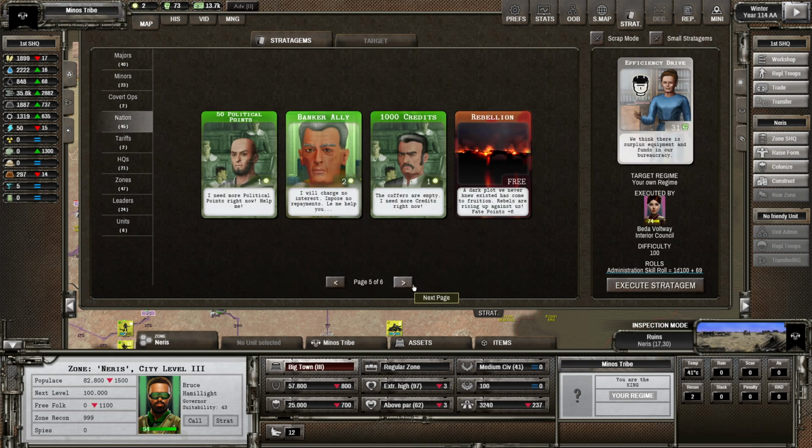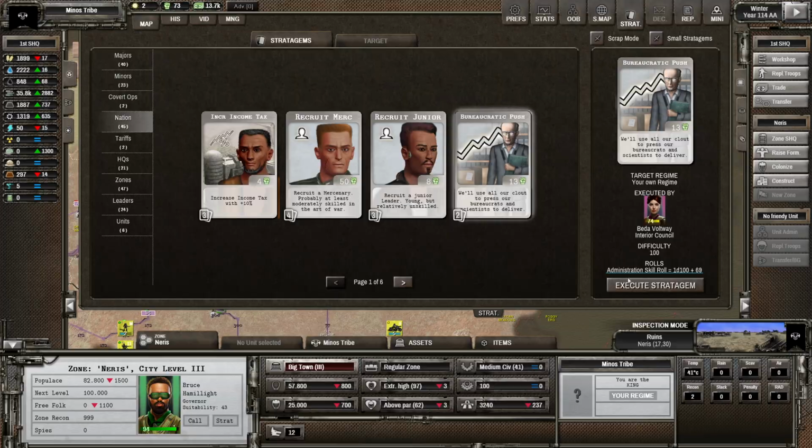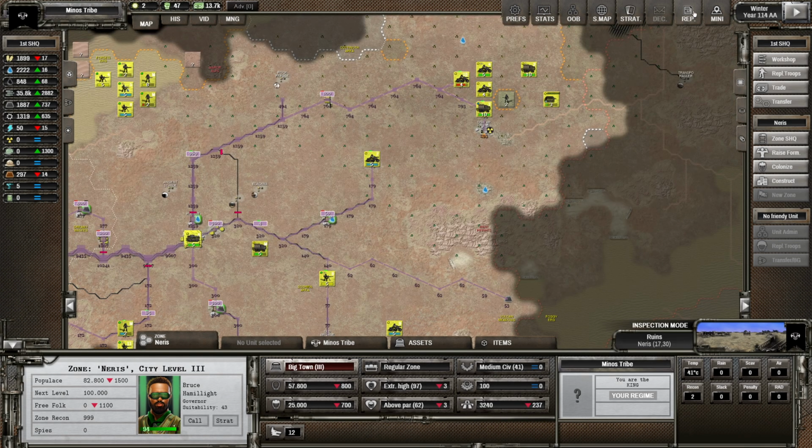Let's get another... Oh no, efficiency drive is not the one I wanted. Sorry. I want bureaucratic push. There we go. Order acknowledged. Do another bureaucratic push. We're relying on these at the moment. Might play another one. Order acknowledged. There we go. Wow, that was a good one. 576 bureaucratic points. That's going to really help our...